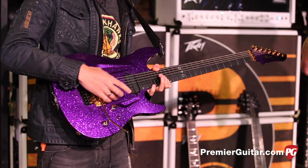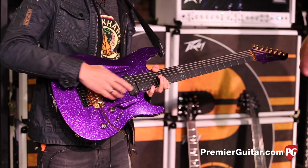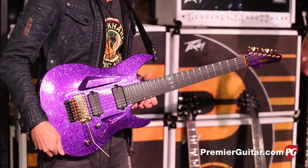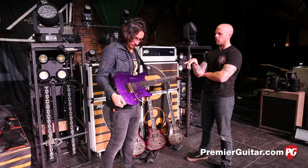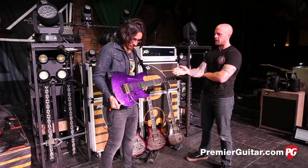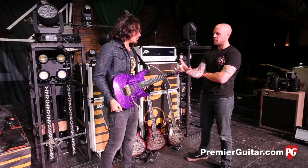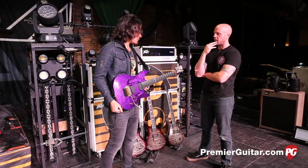I got the 7-string Seymour Duncan Alpha Omegas, my signature set, in there. Got the Floyd, like I said. Is there anything that you're doing or requesting for the 7-string based off the 6-string models that were already there? I mean, obviously you have to have the extra magnets and the pole pieces for the 7-string, but...